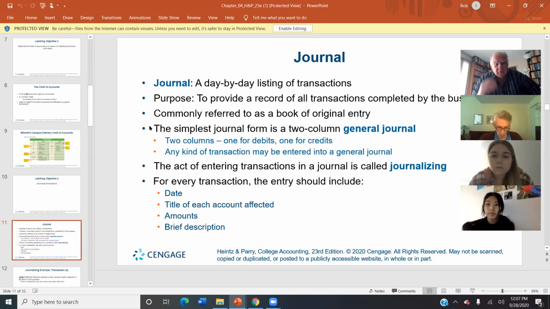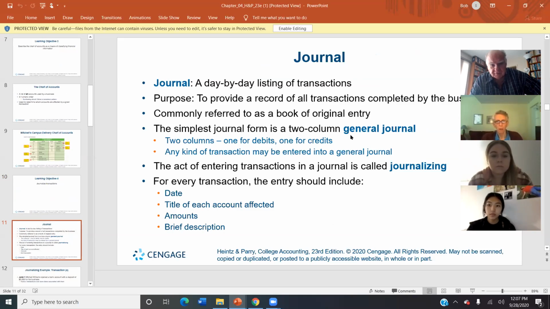Journalizing, huh? Journal entries. A journal is a day-by-day listing of transactions. When you get going in future accounting courses, you'll learn about cash journals and sales journals. A journal provides a record commonly referred to as the book of original entry. In our class, we're talking about a general journal, meaning we're going to do everything with journal entries as opposed